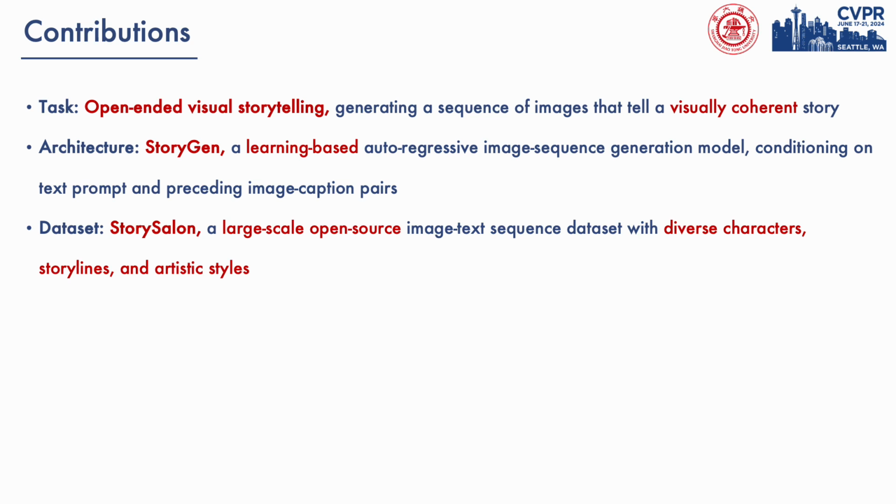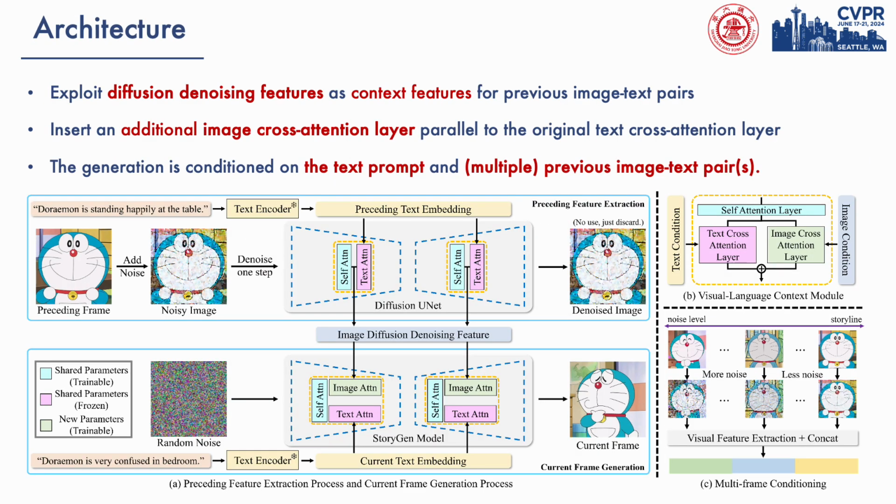Third, to address the data shortage of visual storytelling, we collect paired image text sequences by sourcing from online videos and open source ebooks, establishing a processing pipeline for constructing a large-scale dataset with diverse characters, storylines, and artistic styles, named Story Salon. We introduce a learning-based model for open-ended visual storytelling, termed as StoryGen, which means that the model can